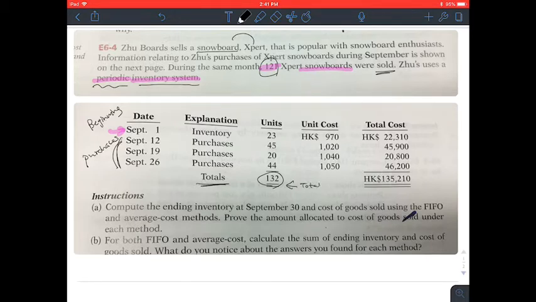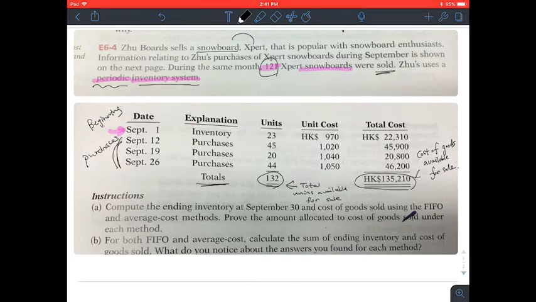Total units available for sale, and this amount should be cost of goods available for sale. Okay,